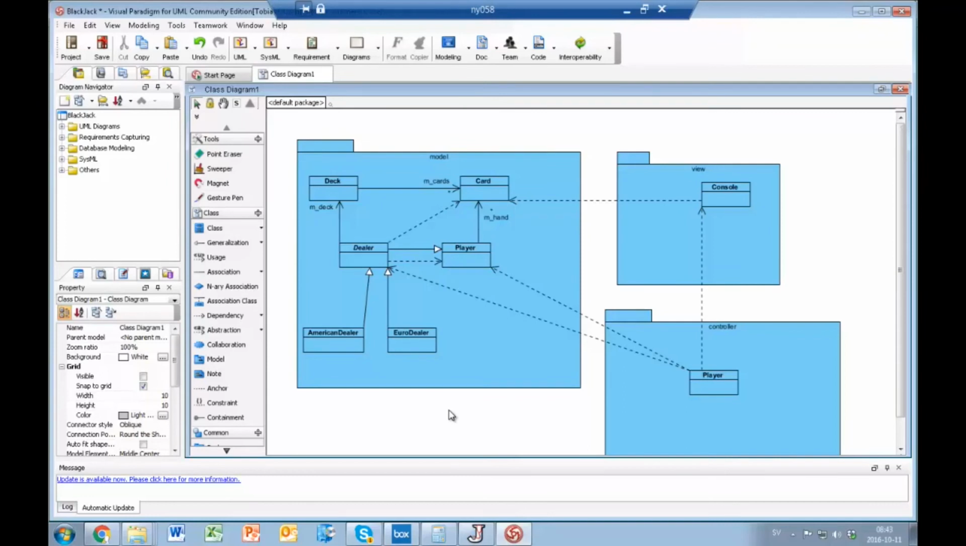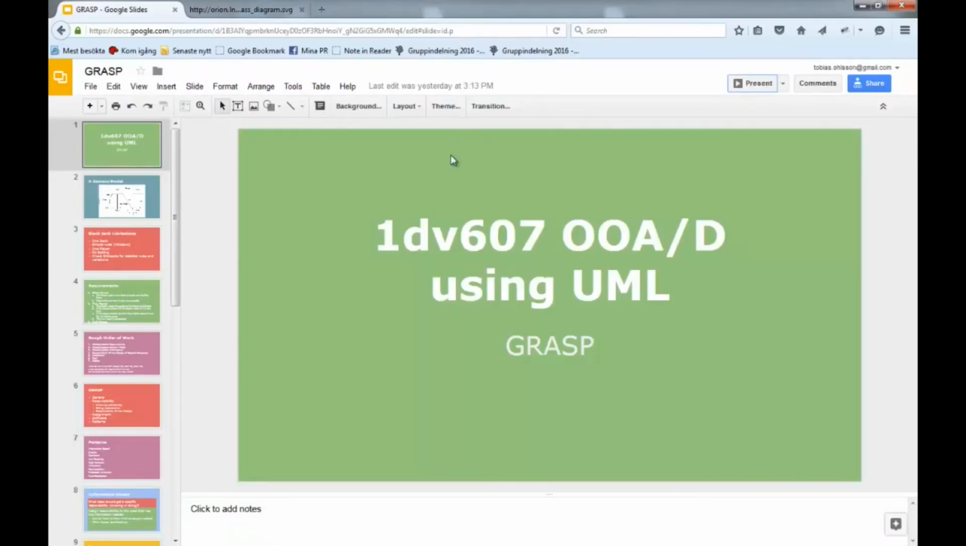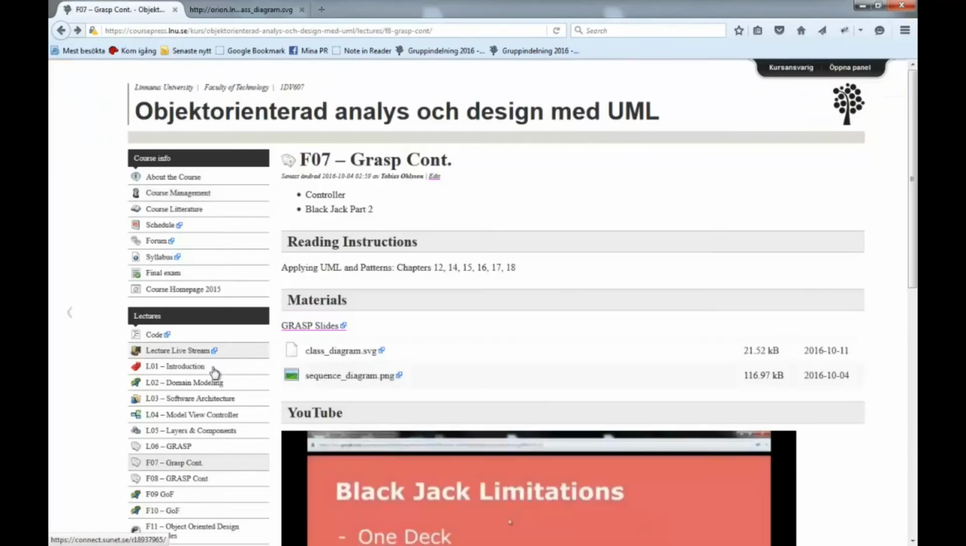And we can also here see that the controller should not be affected by adding a new type of way of starting the game, since it's only dependent on the dealer and the player. We will look some more into this problem as we go along, but right now we will just shift focus to